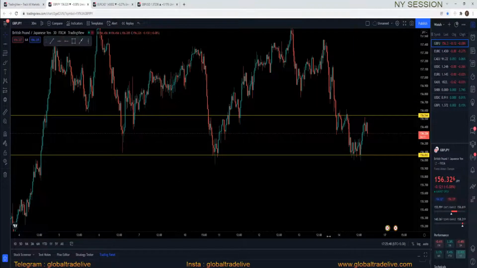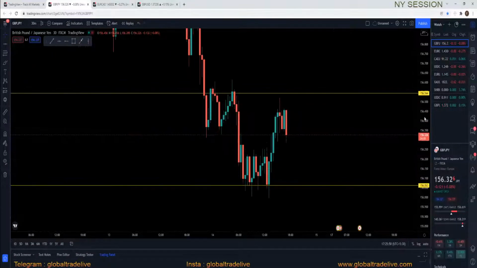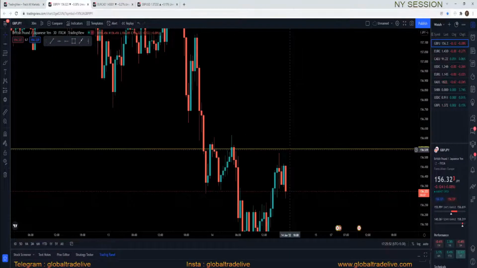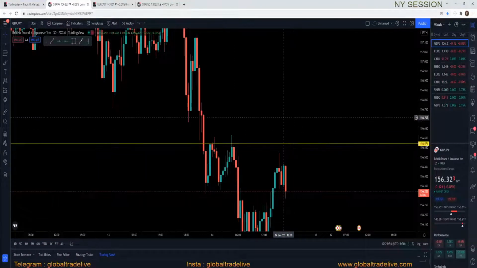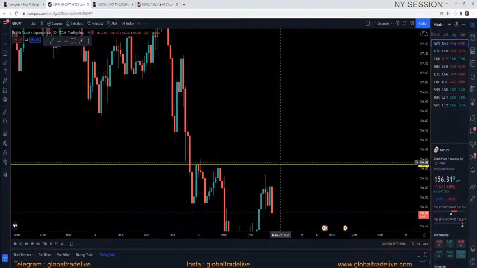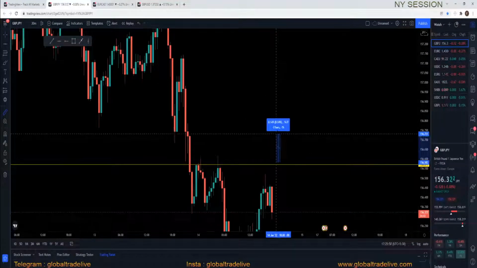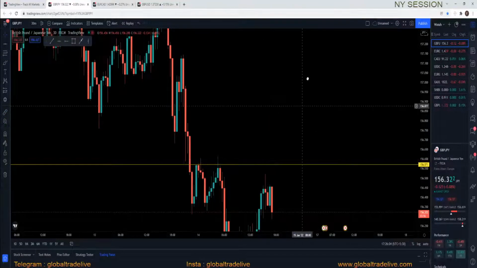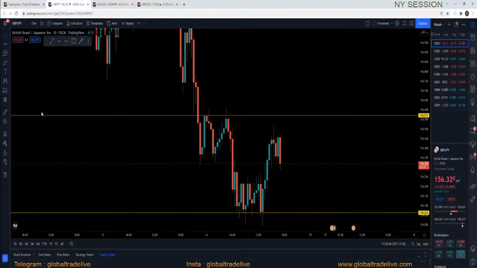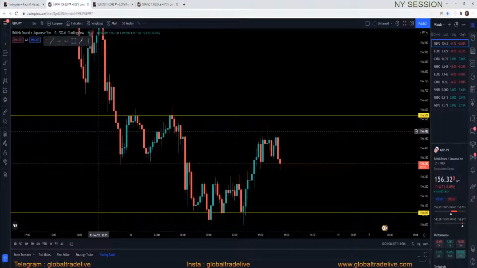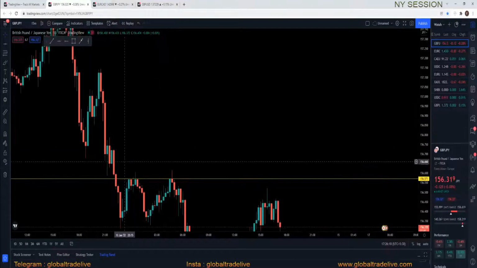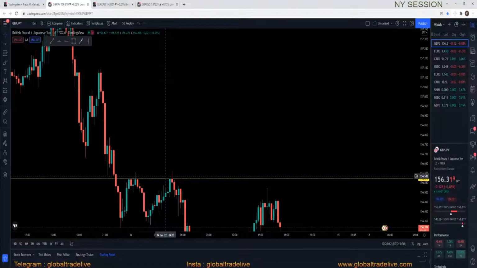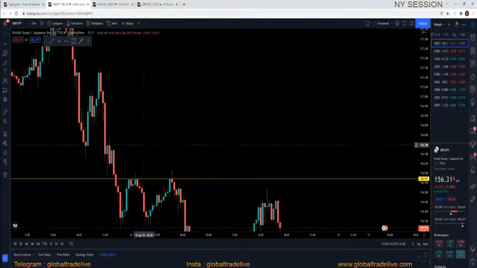And if you talk about buy thing, then yes, above this level I'm gonna look for buys. So it can go up to 15-16 pips at least, easily. And if we look at the 15 minutes, then yes, in the 15 minutes as well, above this area, I'm gonna look for buys. It can go up to 16 pips.